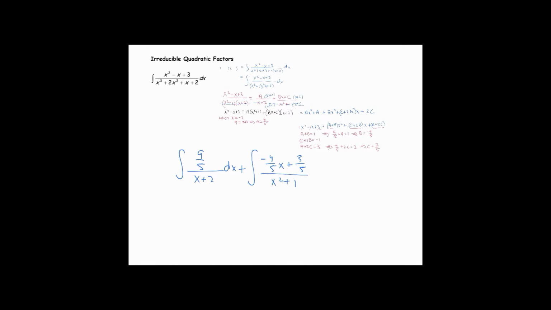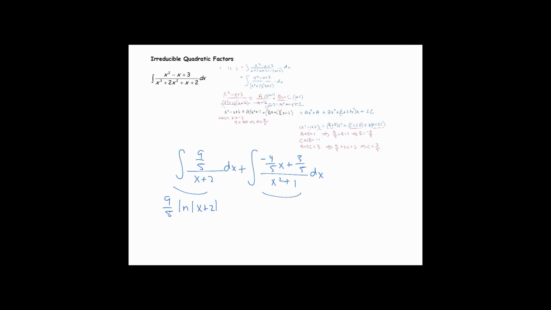And the left integral is actually easy. We know that that can be written as 9/5 natural log of the absolute value of x plus 2. So that integral is done. This one on the right here is not done, and we've got to do a little bit of work here, because we need to write that as